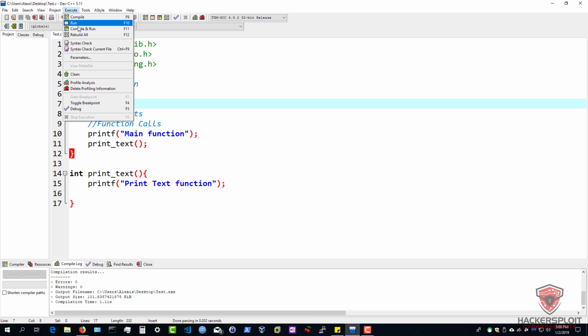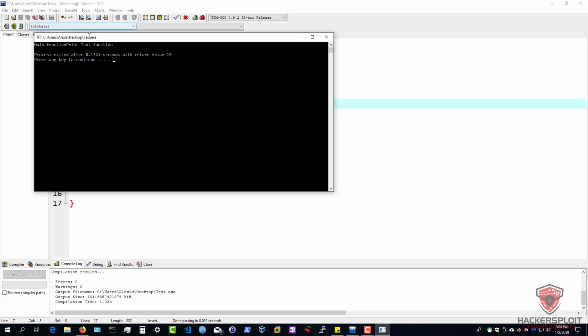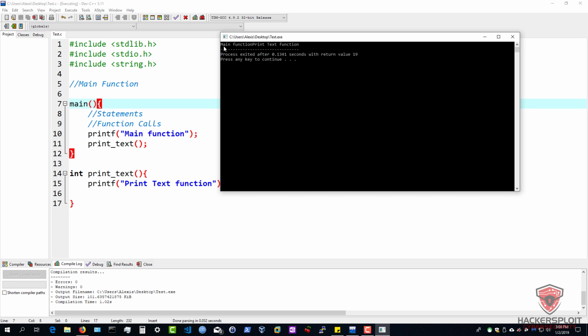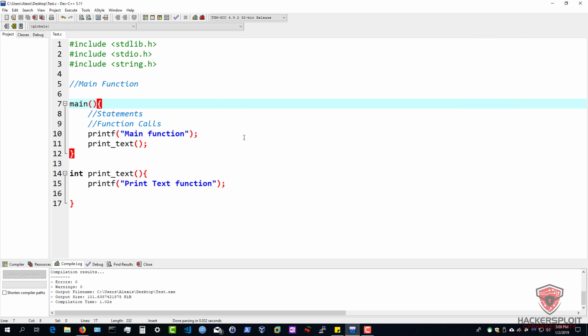And as you can see right over here, it's going to tell you main function and print text function. So both the functions were executed, and the print text function was executed because we provided a function call. All right, so that is essentially the basics of functions. We'll be looking at the data type return types. But for now, another thing that you guys pointed out is the